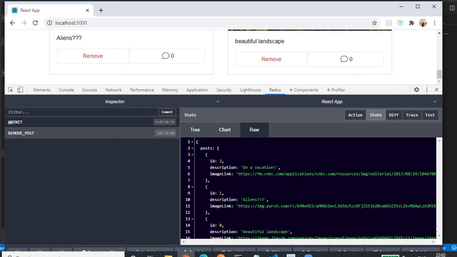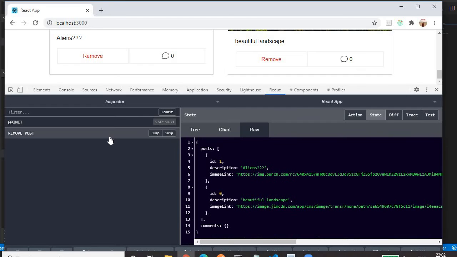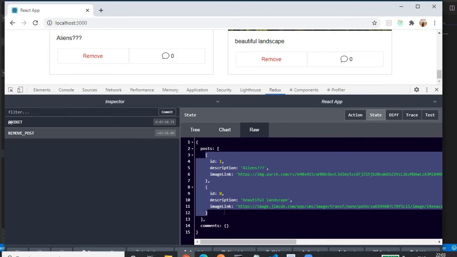Now the updated state is, if you see, for the post array, now it contains only... so my system got hanged somehow. Okay. Now if you see, the post array contains only 2 records because one is removed. This way we can also debug what the new state is. Now we can visualize the state. The state is now more predictable and more maintainable by using Redux and the Redux dev tool.